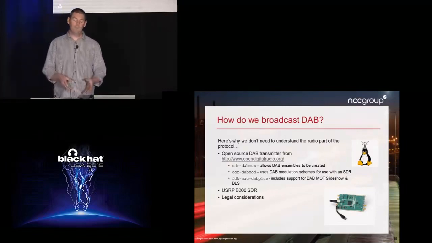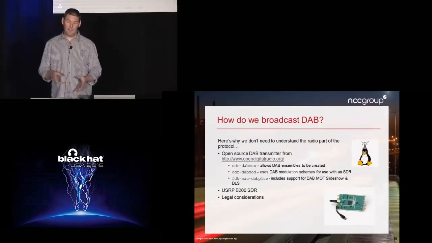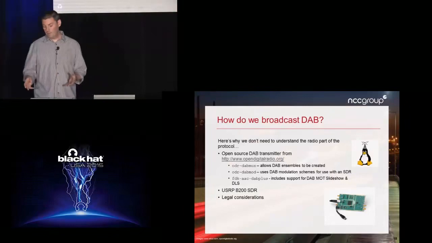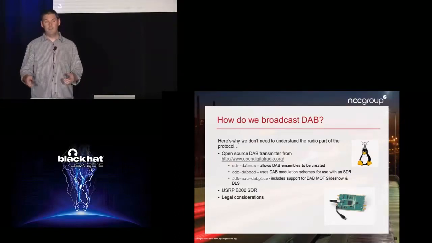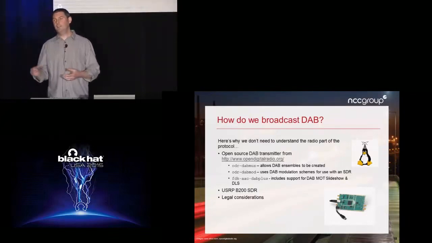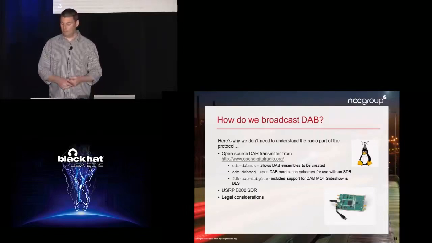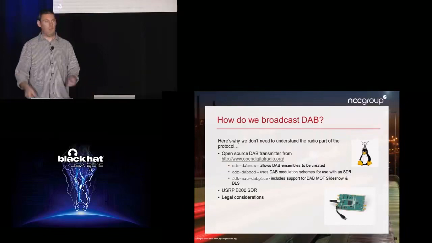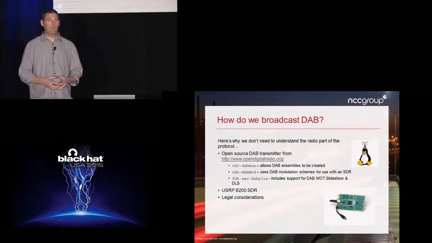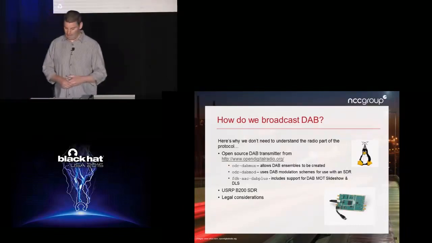There were a couple of situations where I did transmit to air within a Faraday cage, so we've got some small Faraday cages at work, but most of the time what I'm using is an attenuator, which I connect to the transmit port on the SDR, and the attenuator reduces the signal level to emulate the signal path through the air, so I can physically connect the transmitter to the receiver and not worry about actually broadcasting anything illegally.